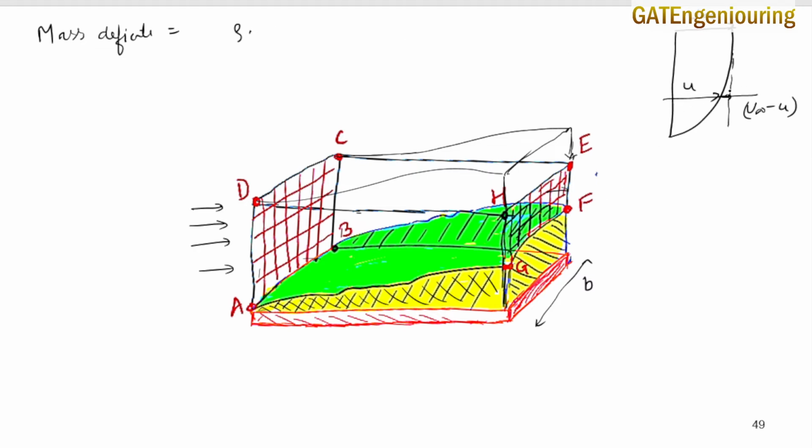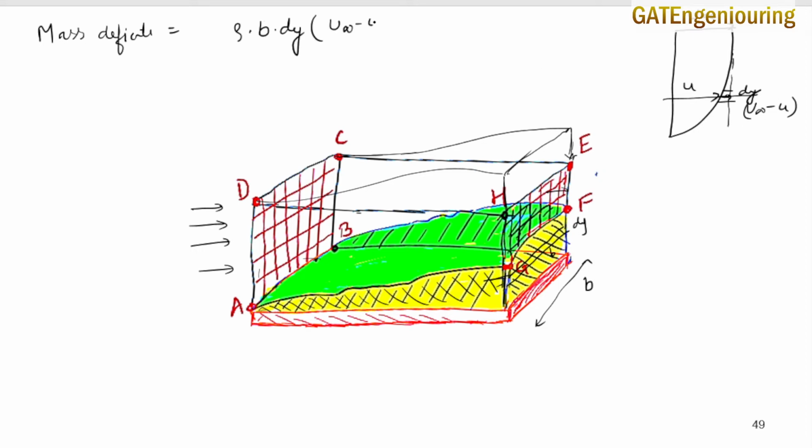Let's say the area for this thickness is dy here, and since b is the width, at this particular position, if this is dy and this is b, then b into dy is going to be the area through which this mass flow rate is exiting. Okay, so rho into this area, b into dy, into the velocity of the deficit,